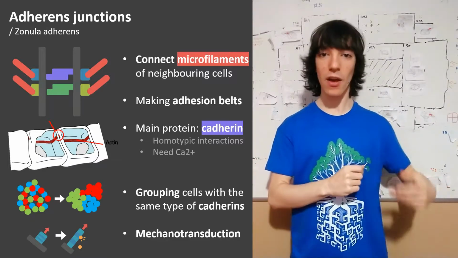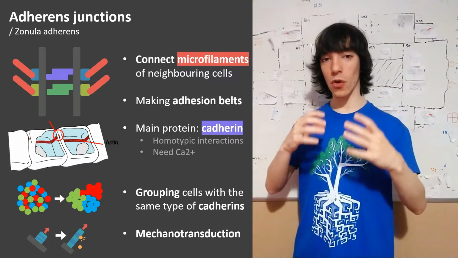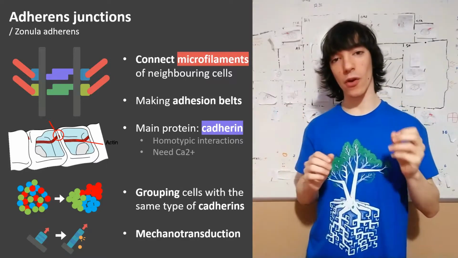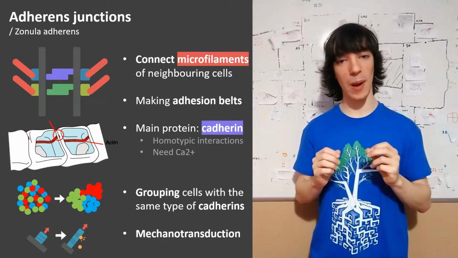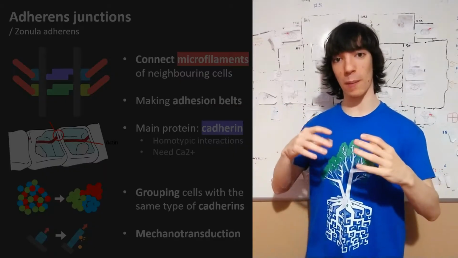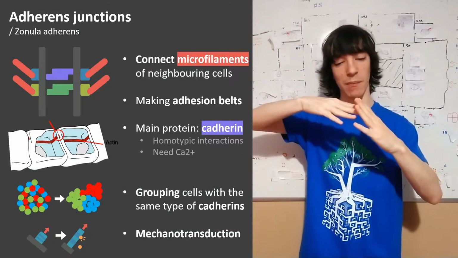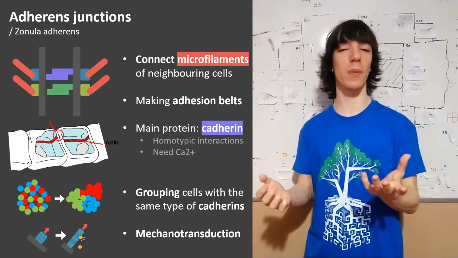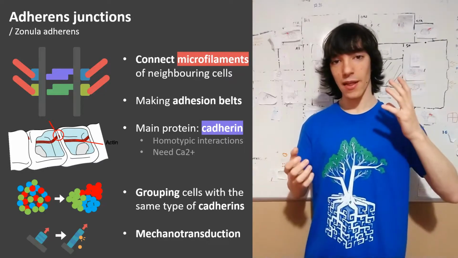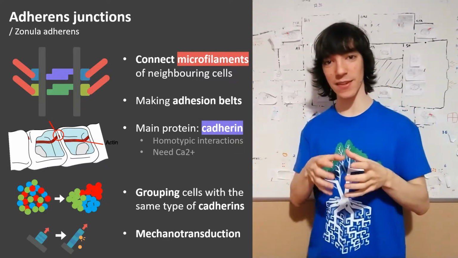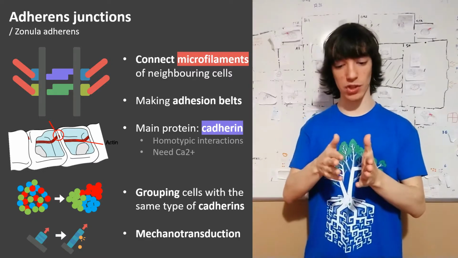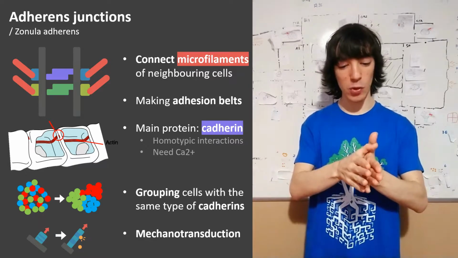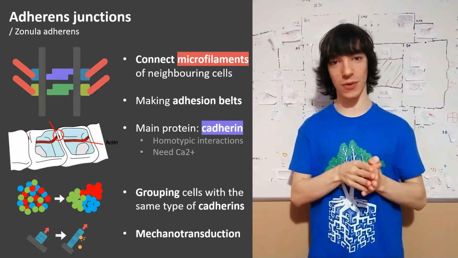to other cells. For example, because the adherence junctions are connected to the actin microfilaments, and those actin microfilaments have myosin, which can pull on them, kind of like our muscles do with actin and myosin. You've probably already heard of that. The same can happen inside individual cells, with these fibers of microfilaments being able to pull on the adherence junction.